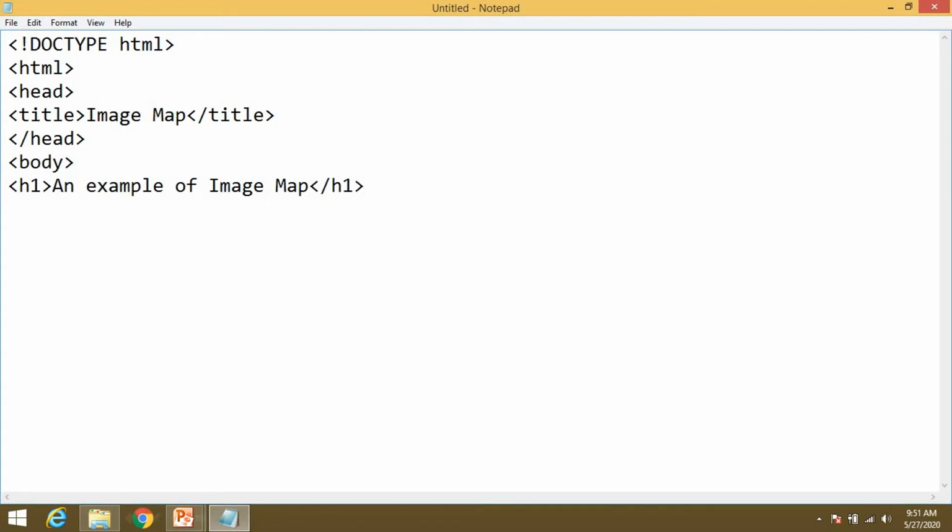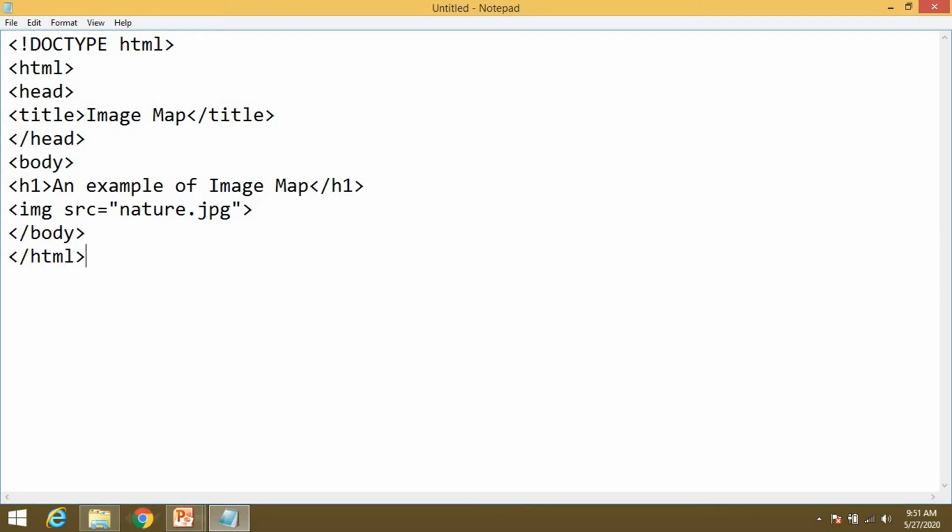Now call this image, src equal to, what is the name of the image? Nature. The extension is jpg. So go to its properties and see what kind of image you have, and accordingly give the extension. Just close this body tag and close this HTML tag.